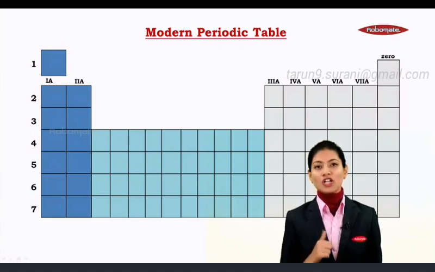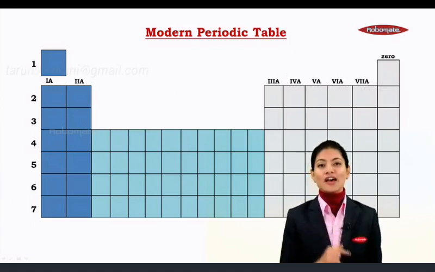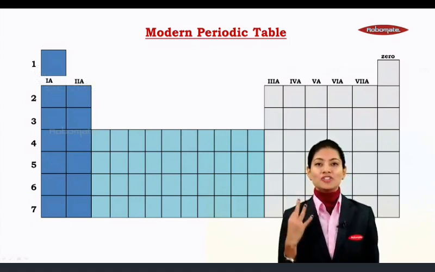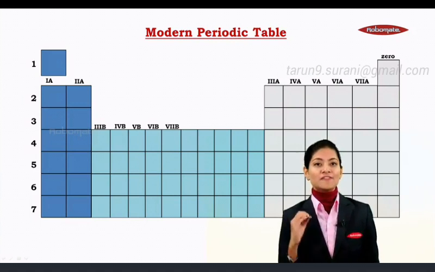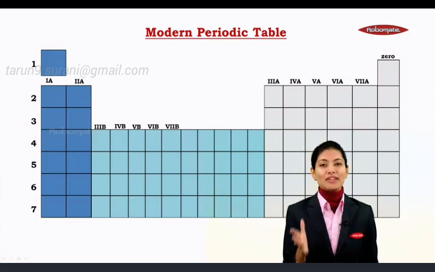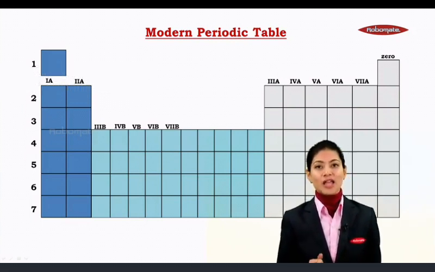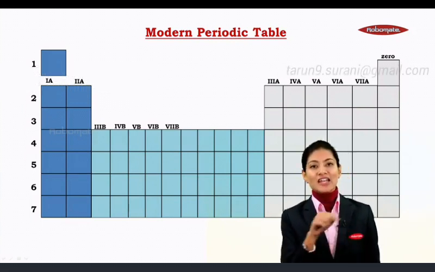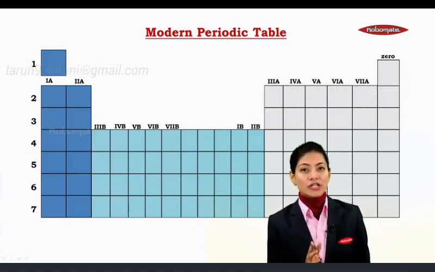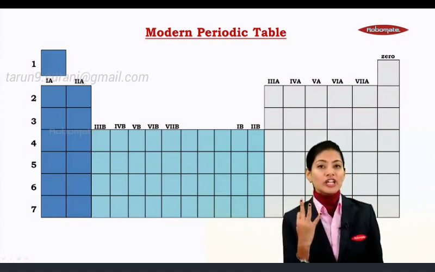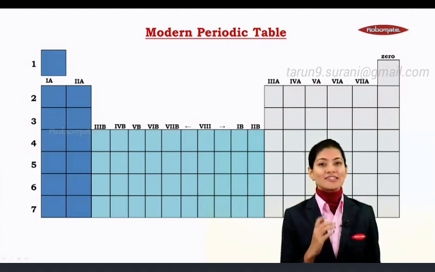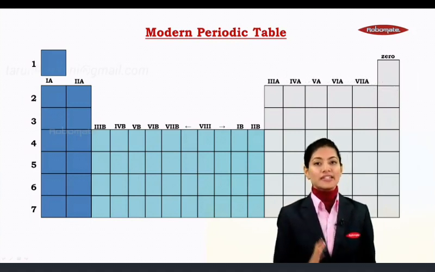It was said that if taller columns are A, then the shorter columns are B subcolumns. Fine. So after the number 2 comes the number 3. So we will label the first shorter column as 3B, followed by 4B, 5B, 6B and 7B. And before the number 3 lies the number 2. So it's 2B followed by 1B. Now over here, you will realize that there are 3 groups which are not labeled yet. These 3 groups together are called the 8th group as per Mendeleev's law.